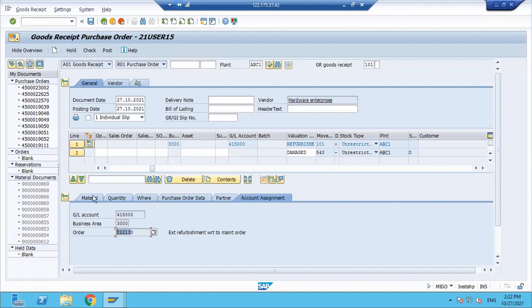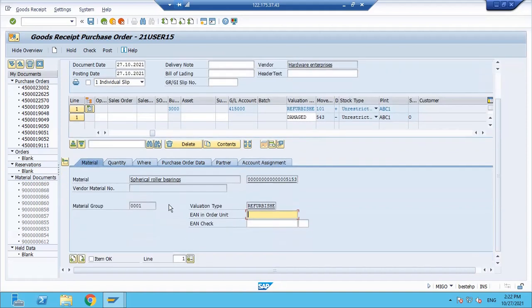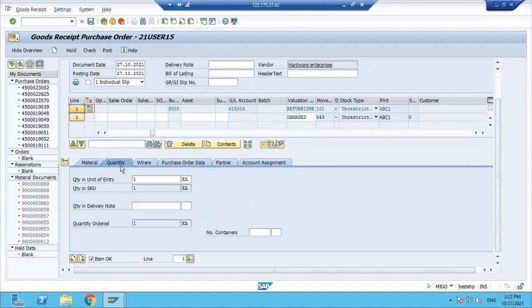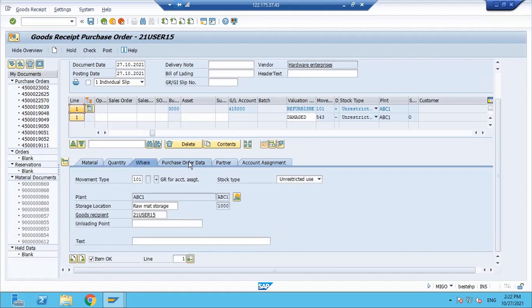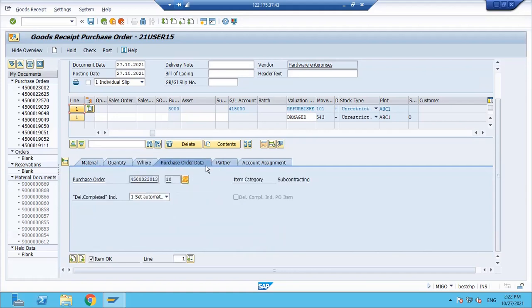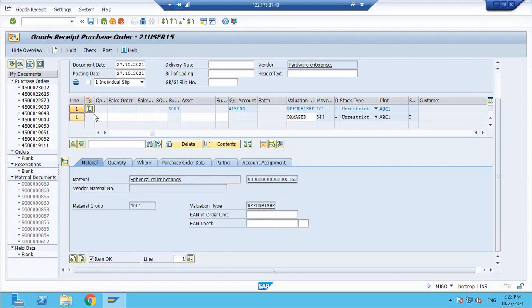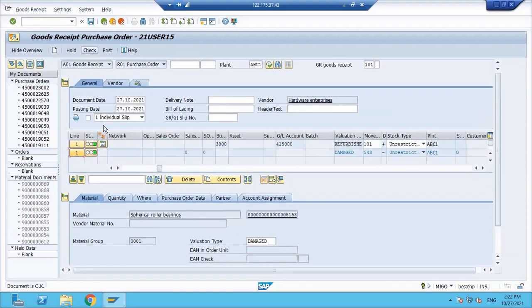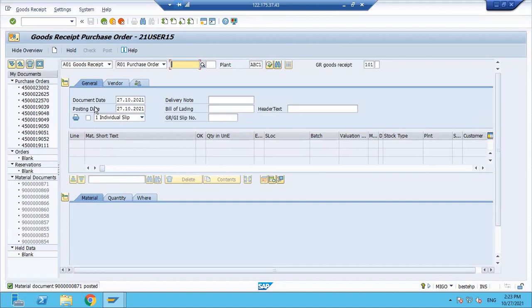Because this is with respect to the order. Now click on item okay. Again for this, item okay entered. So if you see here, this is refurbished and this is the damaged. Correct? Check, everything is fine. Post. Now it got posted.